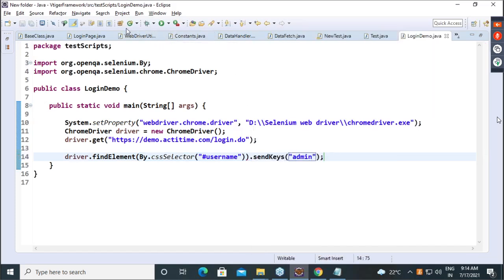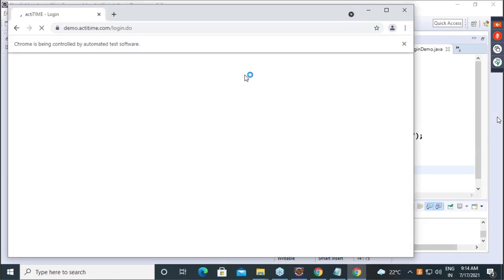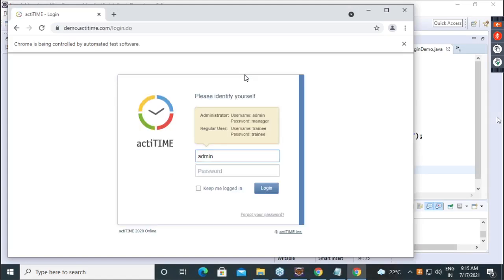Is everyone clear? Okay, run. If it is working, that means it is ignoring the JavaScript. If it is not working, that means it is trying to perform an action there. What happened? Working. So what does it mean? Ignoring JavaScript.